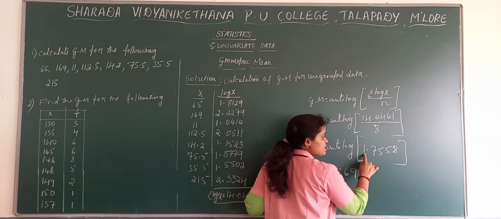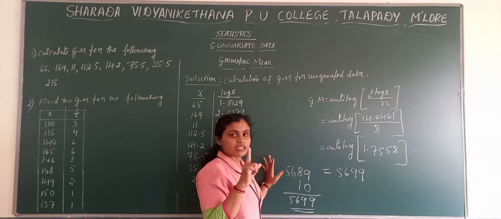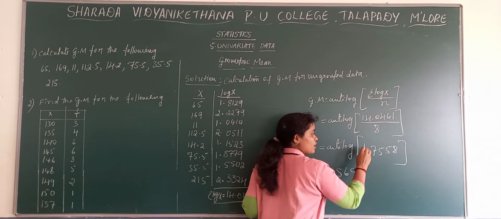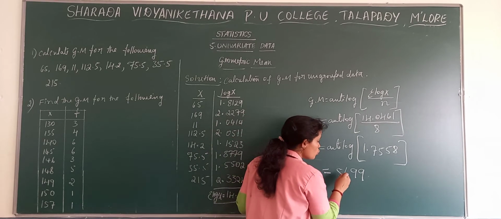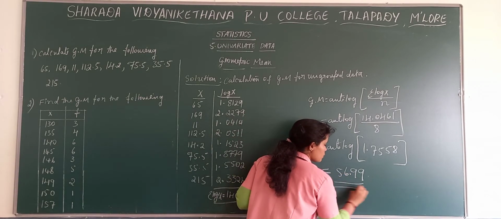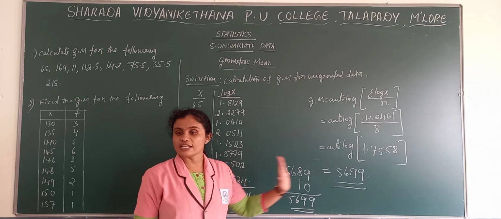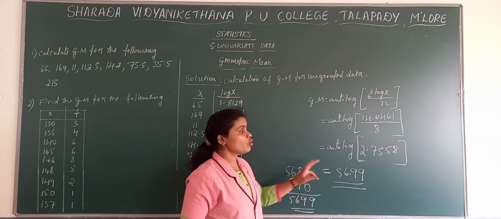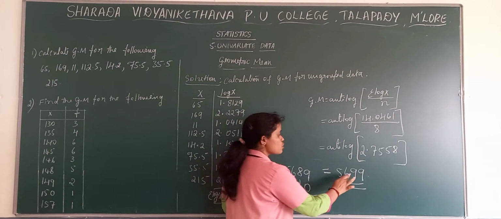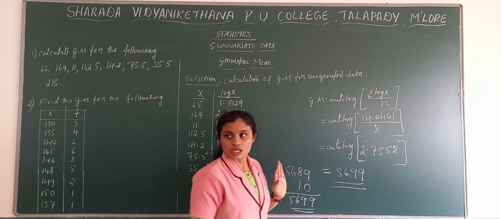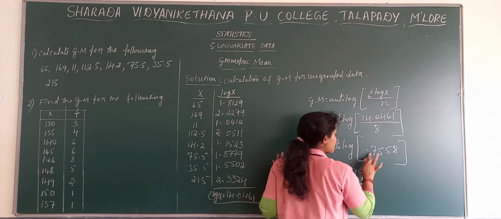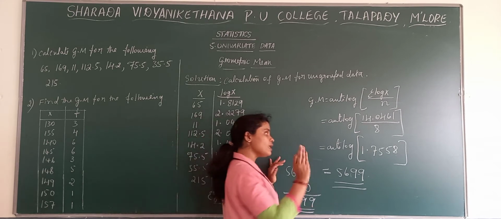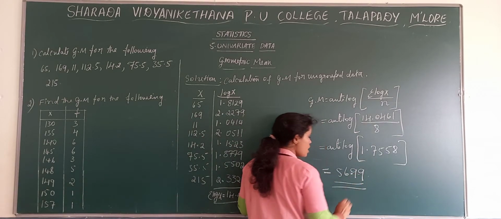Now you see what is the digit before the decimal here? 1. Whatever digit is there in case of antilog, add 1. 1 plus 1, 2. So after 2 digits, put the decimal: 56.99. For example, if it is 2, add 1, 3, so your point will come there. So whatever value you have before the decimal in case of antilog, add 1. So this is your antilog.